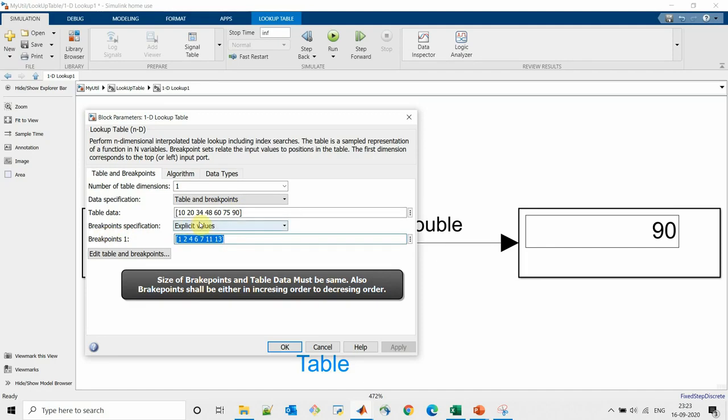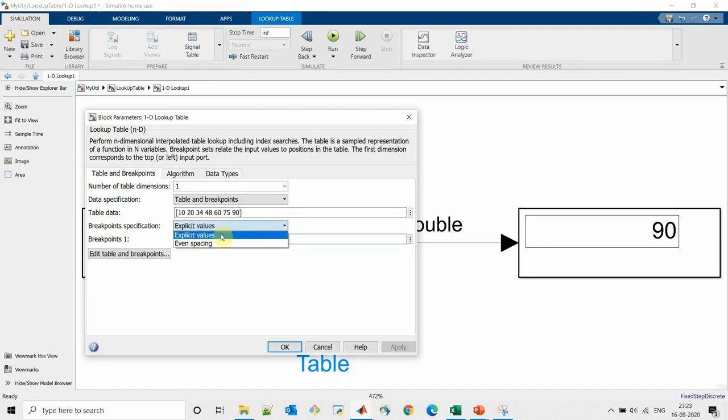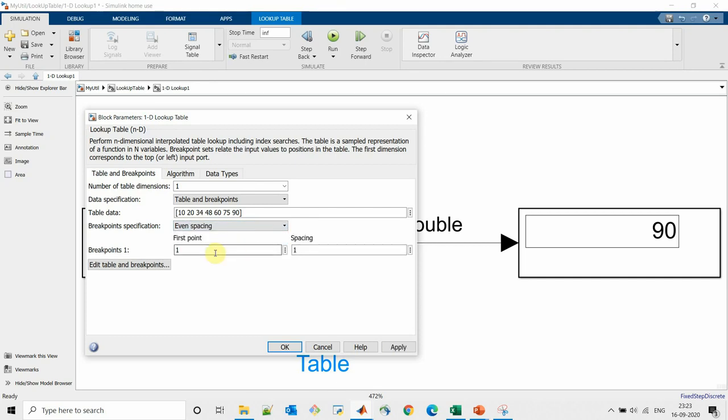For breakpoint specification, we can specify explicit values like how we have specified here, or we can mention even spacing. So when we select even spacing, we have to select the first point and the spacing required, and according to number of table data, Simulink will automatically create the x-axis depending on the first point and the spacing.